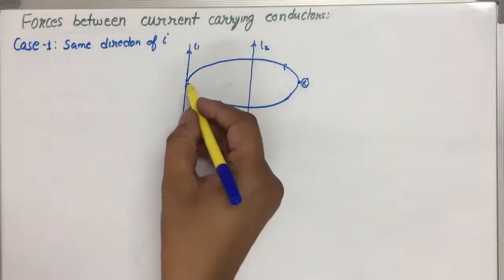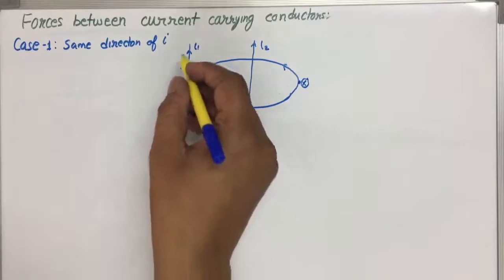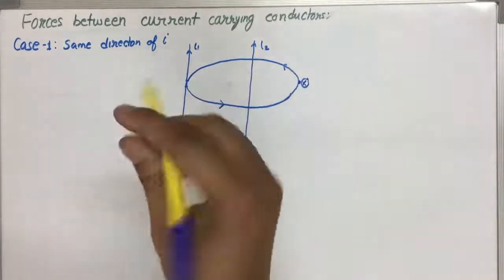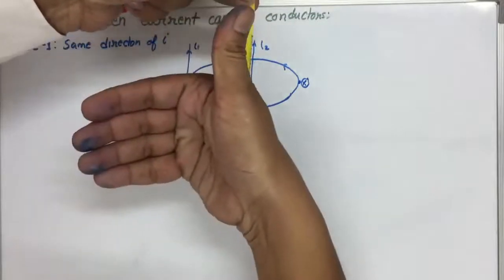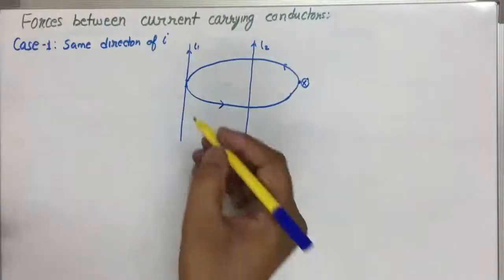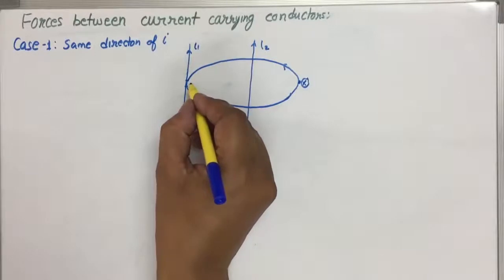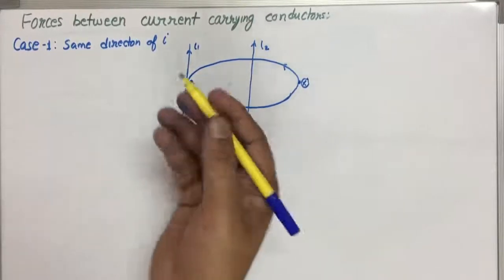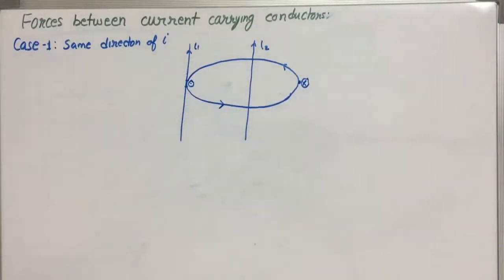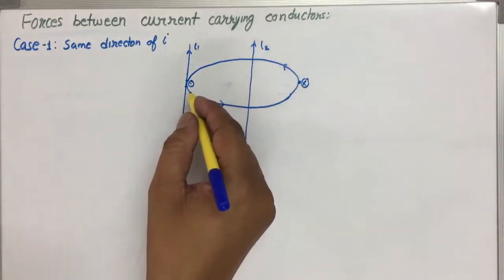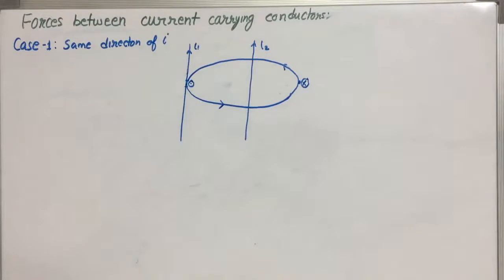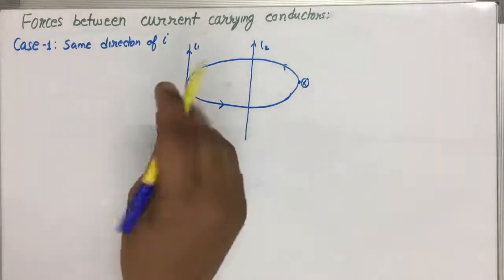And at this point, which is lying at this conductor, if current is flowing this way, then we will put our thumb in that direction and the field will be upward, out of the board. So here the field is in and here the field is out. Okay, and if the field is coming up like this